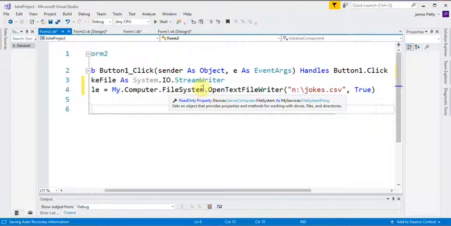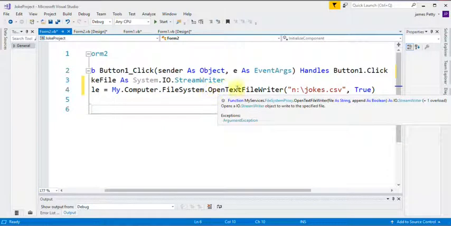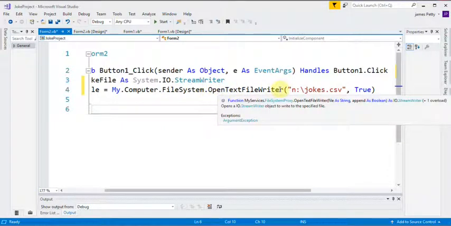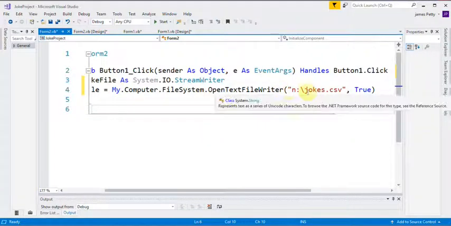When I've got at that computer's file system, you know, save, copy, close, all that kind of stuff, I want to go to open text file writer, which is part of the file system, and the file I want to do that to is that file there. Notice I've had to include the .csv here. And then this last part is, whilst I'm writing to it, I want to stick on the end, which is what the true does. So you can kind of consider that to be to append the file.